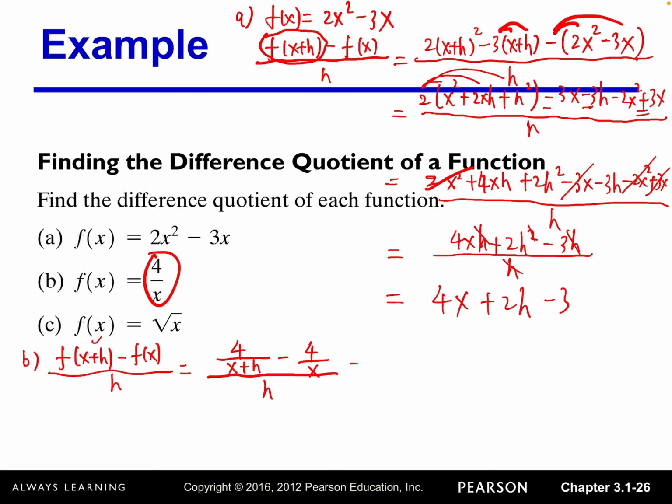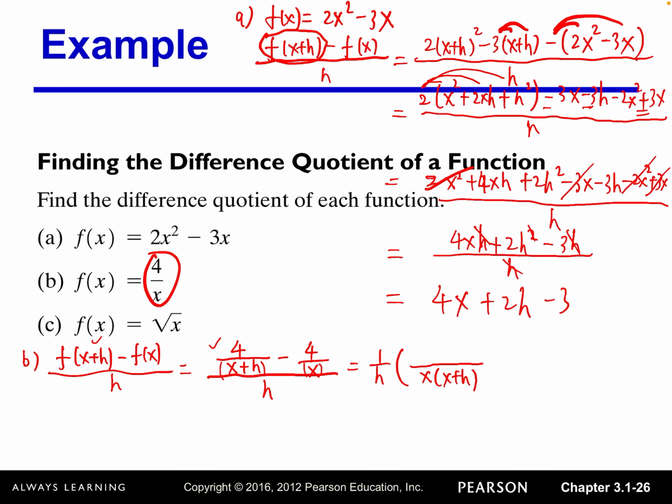So divided by h, we can consider that's 1 over h multiplied, right? The remaining thing. So now we have denominator x plus h. We have denominator x. So we want to find the least common denominator, which is x times x plus h. Okay, so the first term,